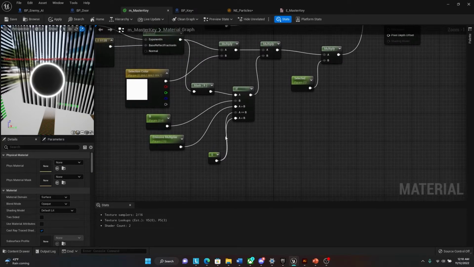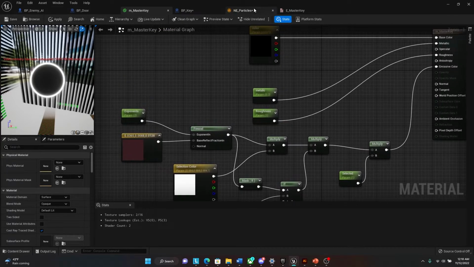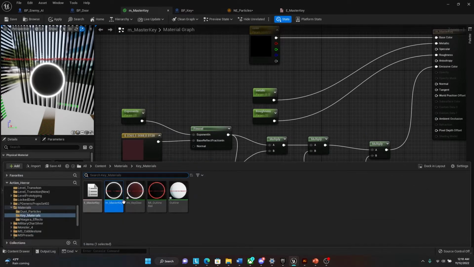That all identifies this master material, and then I took that master material and